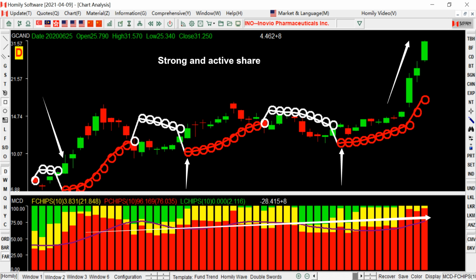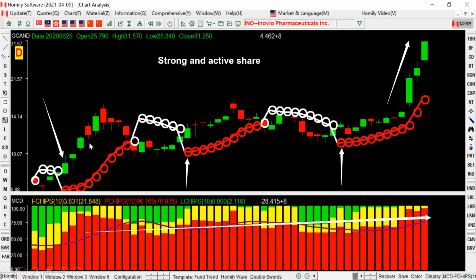The best buy point is when you follow some system, you follow some indicator, and you can copy and apply it in the future. So remember, multicolor dragon combined with red and red circle. So we can get a very high possibility when we apply this system on a strong share and active share. As long as the market is not too bad, not too bearish, we can apply this indicator combination, MCD plus red and red circle. So your first red circle to buy,